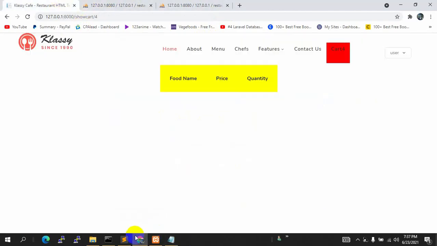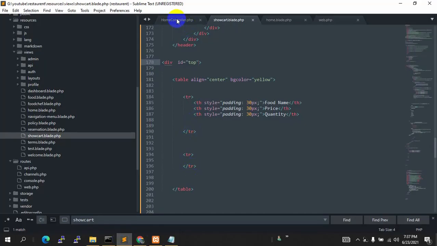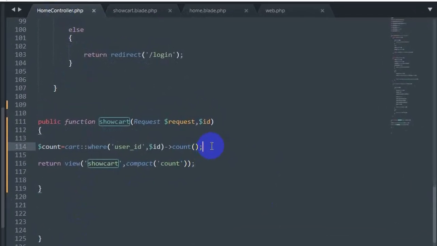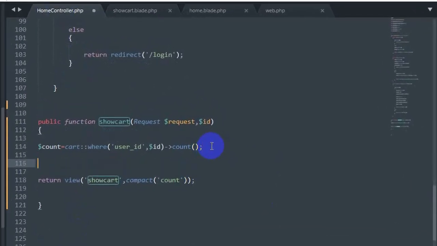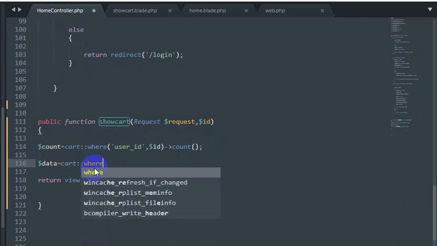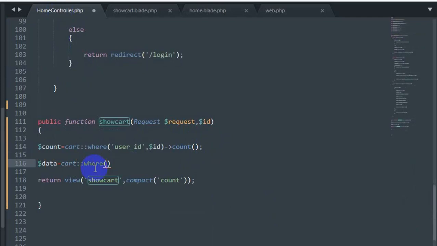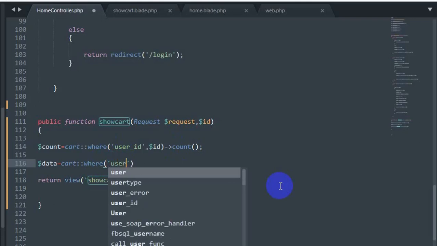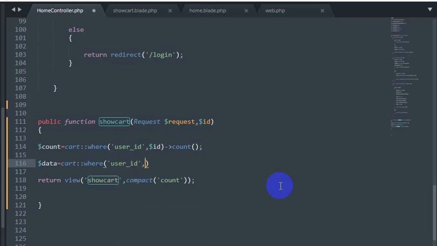Okay, so let's go to our controller first, home controller, and over here we'll write a simple thing. We'll say dollar data equal to cart, then where, user underscore id comma dollar id, which is actually just like before.